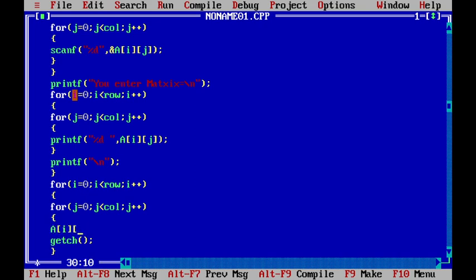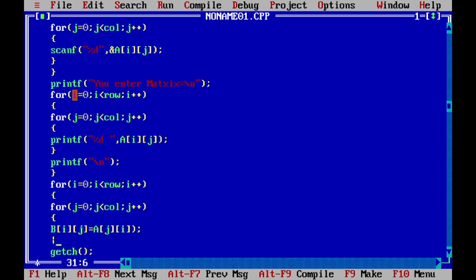Sorry, we are going to store the transpose of the matrix in B, so b[i][j] equal to a[j][i], bracket completed.